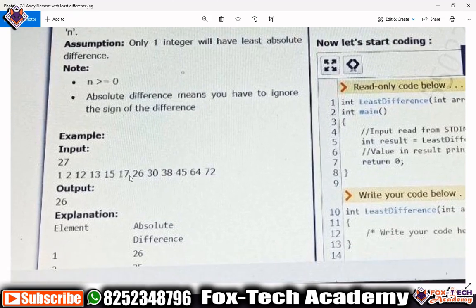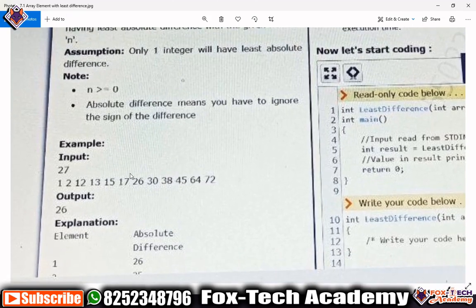Suppose this is our array, 1 2 3 and so on, and this is n. Suppose they have input n as 27.